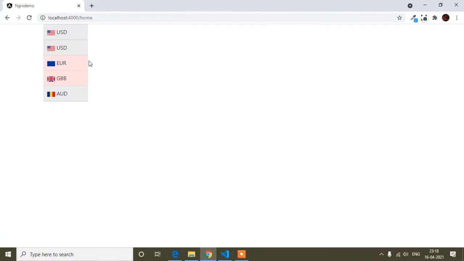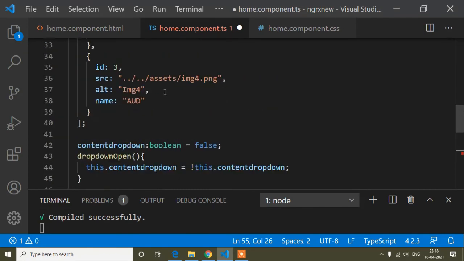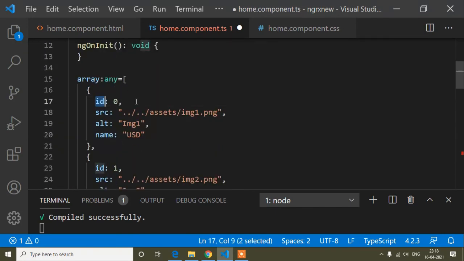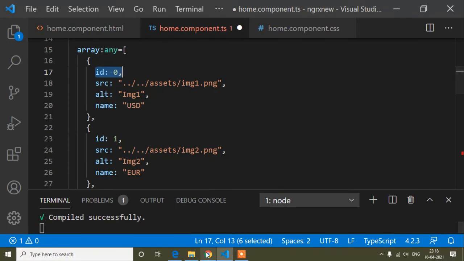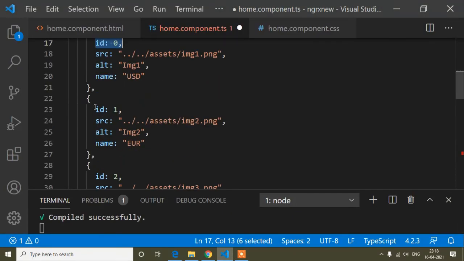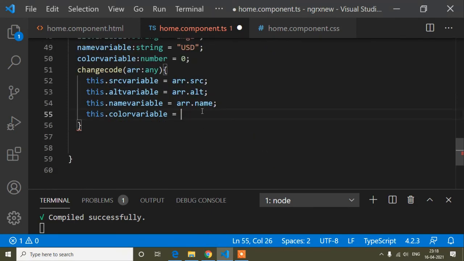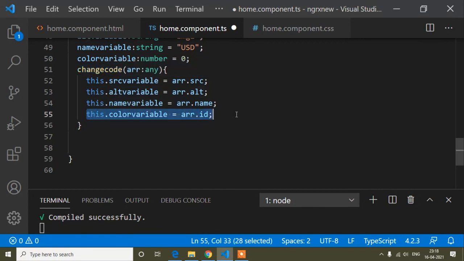So here first is 0 1 2 3. Okay, so this way I have set the ID here. First is 0, that means the first li tag's ID is 0, second 1, third 2. So this way I have set the ID here, you can see. So now if I set arr dot id here, that means when I click on a li tag, I will get that id here.